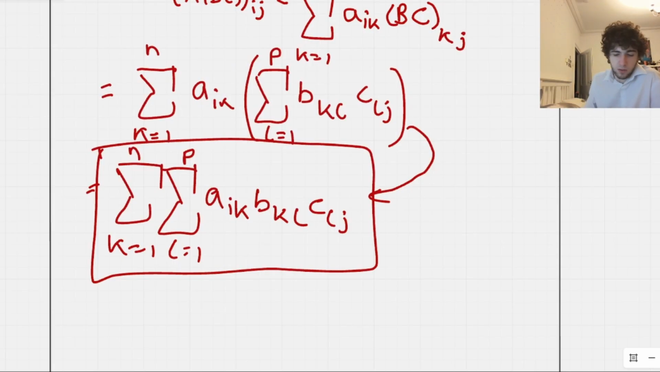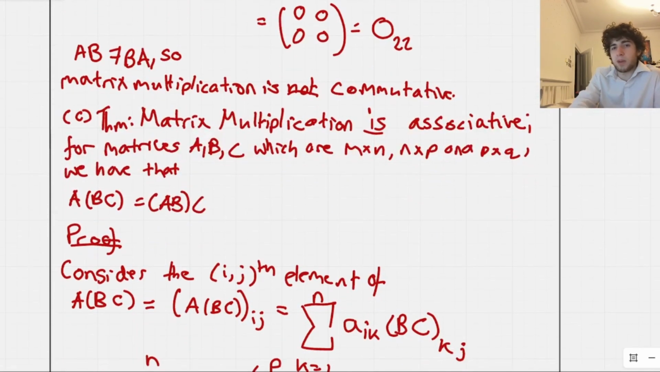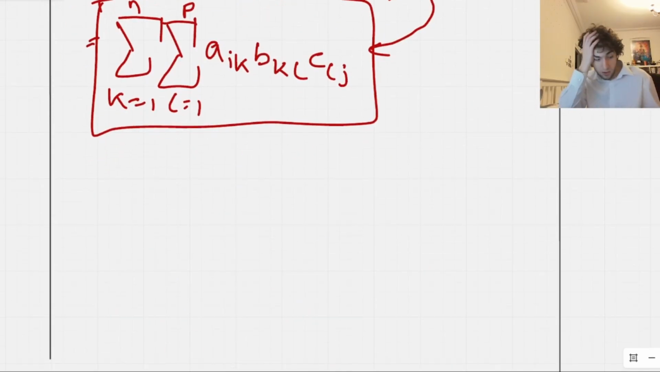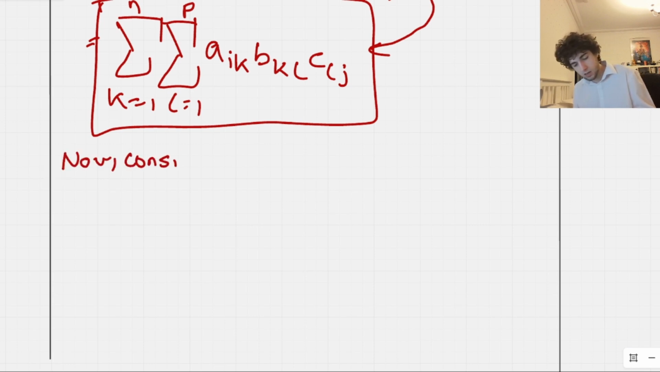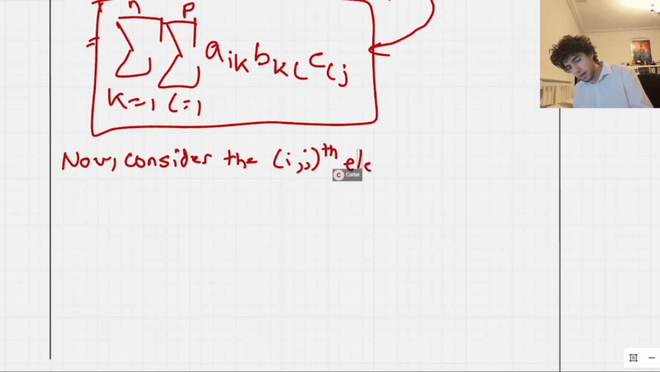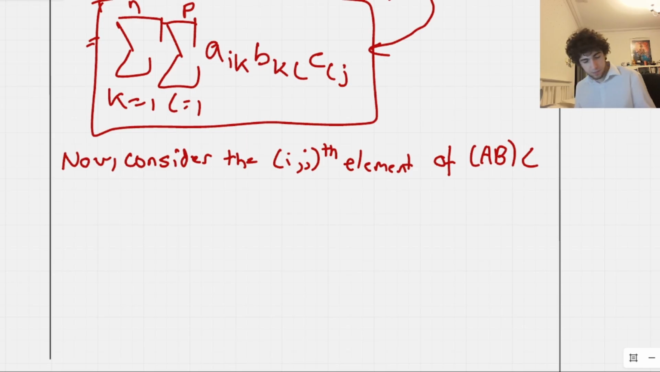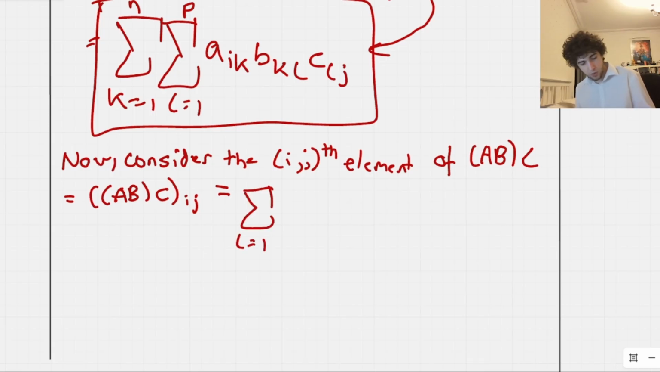Okay. Now, we're not done though. We also need to show this is the same as AB, the product AB, multiplied by the matrix C. So now we consider the ijth element of this product, AB multiplied by C, which is (AB C)ij, which is equal to the sum from L equals 1 to p, okay? Because remember,